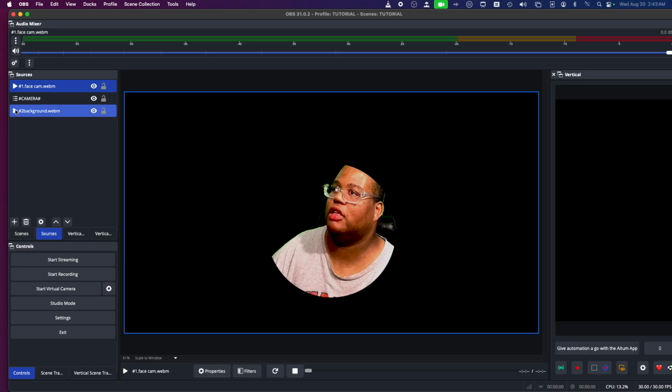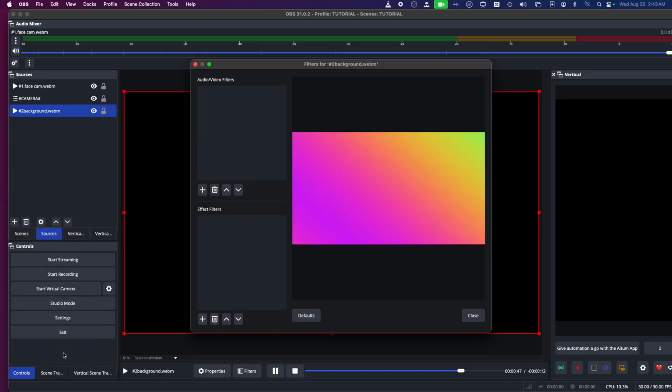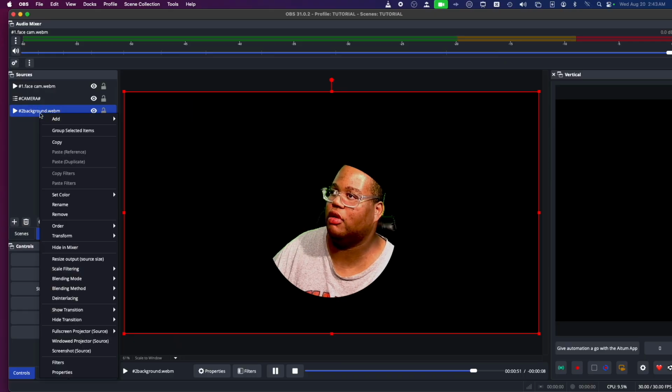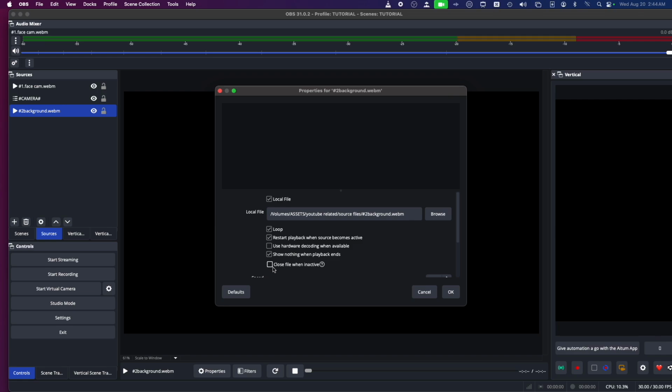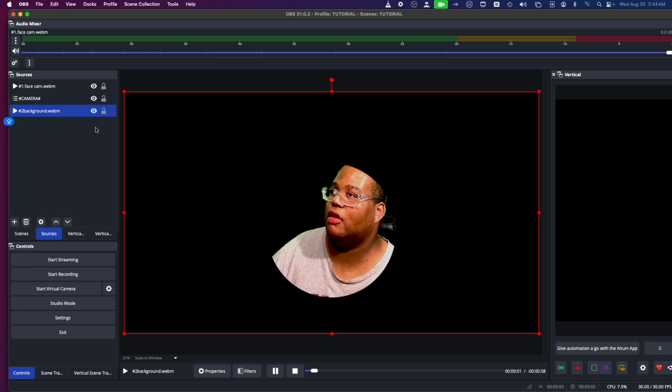See, watch. Now you go to filters, not filters, you go to properties. When you go to properties, it says loop, then show nothing when playback ends, and then close file when inactive. So now when you activate it,